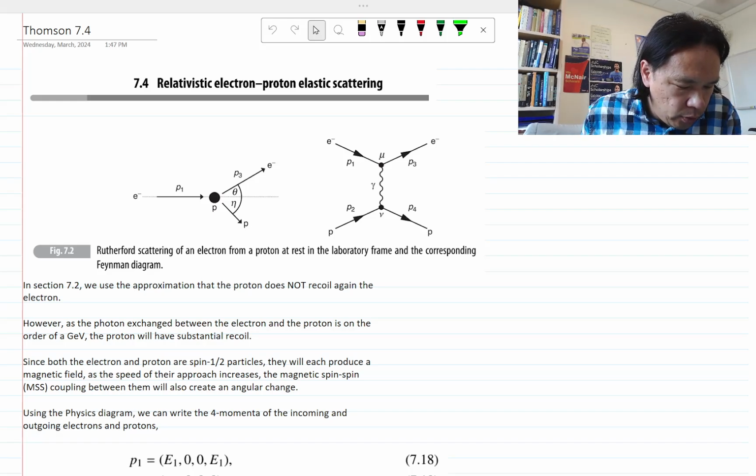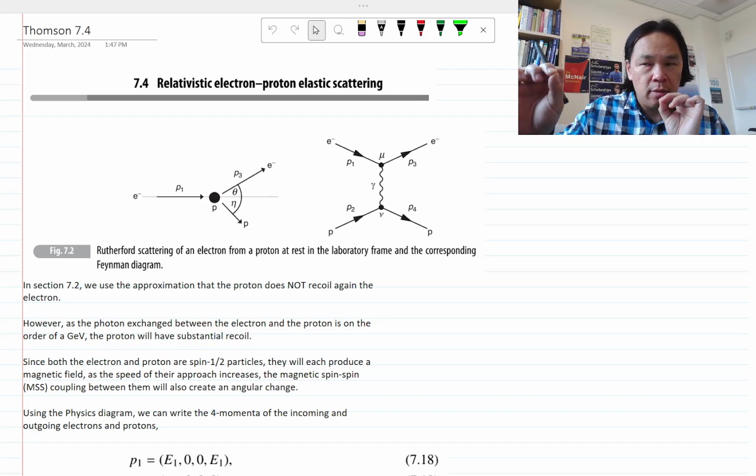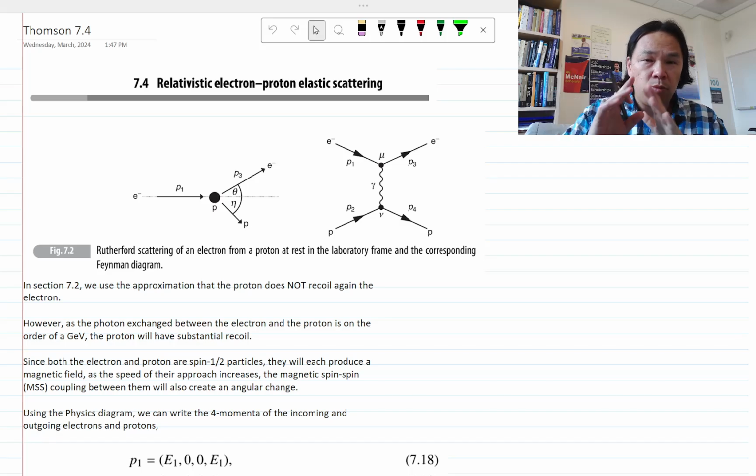the approximation we made was that the momentum exchange between the electron and the proton is small. Therefore, either the electron is moving so slowly that it's non-relativistic, so you have beta much less than 1, and you end up with Rutherford scattering, which is what the Geiger and Marsden experiment